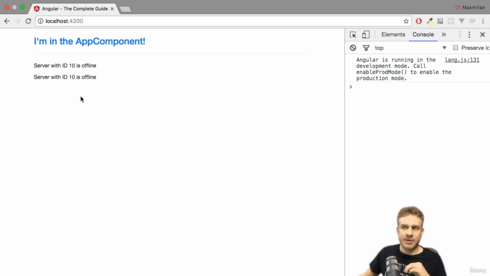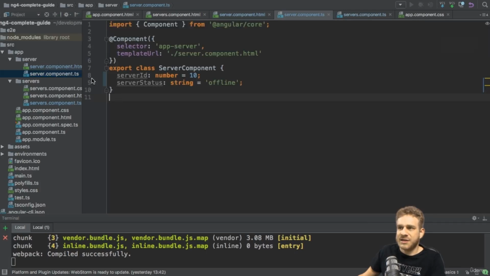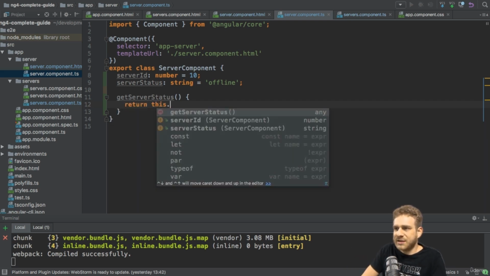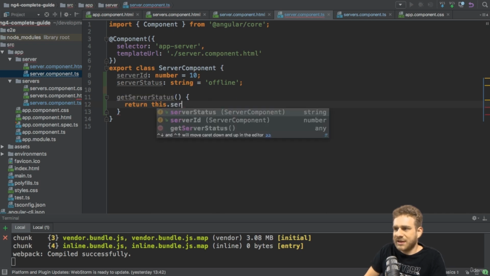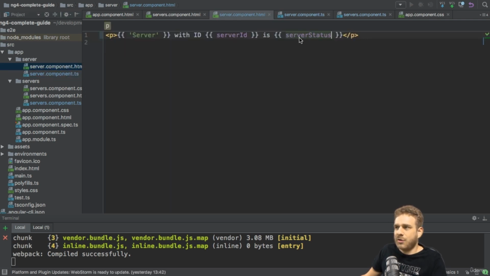This is how you can use string interpolation. And now to really complete the example, let's say the server status here is somehow returned in a method. getServerStatus could be the method name. This is how you define a method in TypeScript. So you might know this kind of method definition from other languages. And here we simply return this.serverStatus. So we return the property here. We could of course have accessed it directly, as we already did, but just to demonstrate that you can call a method,